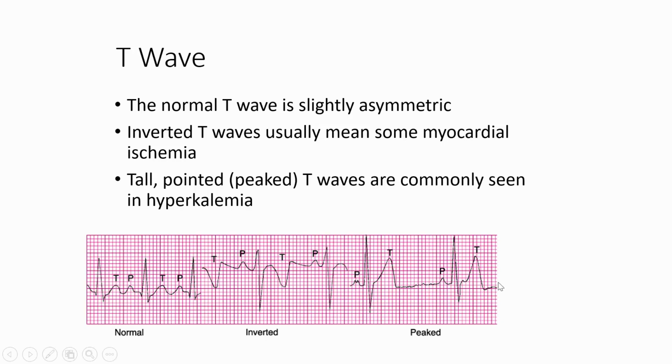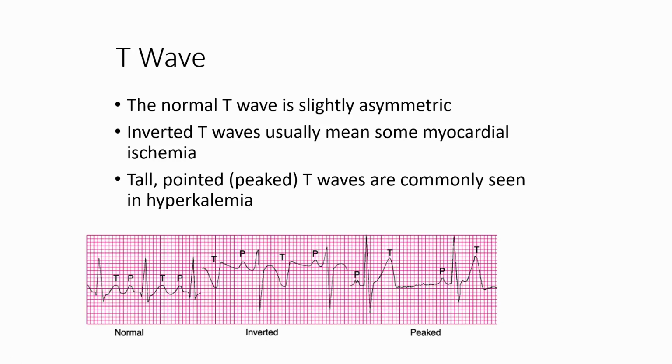For example, here's some normals right here. These first ones that my arrows are circling right here. Okay, so this right here, this is your T, and then here is your P. So look at it. You see how it's slightly asymmetrical when it comes up? Same thing right here. It's slightly asymmetrical. Okay, so those are just my tips really for how do you tell a P wave from